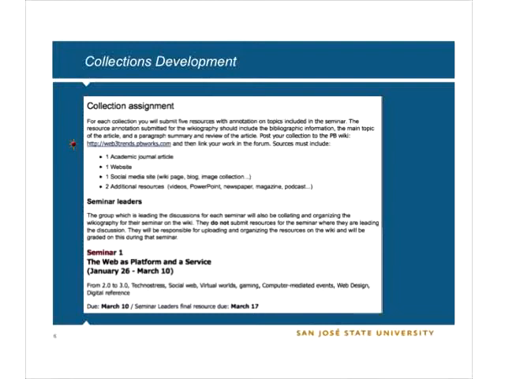Okay, so for example, for Seminar 1, the 5 resources for each person are due March 10th. So by March 10th, you need to have your resources listed on the page, and then the leading group has to have the final page done by March 17th. With each seminar, the 2 groups' resources have to be ready one week, and then by the end of the next week, the leader group has to have those up in final format